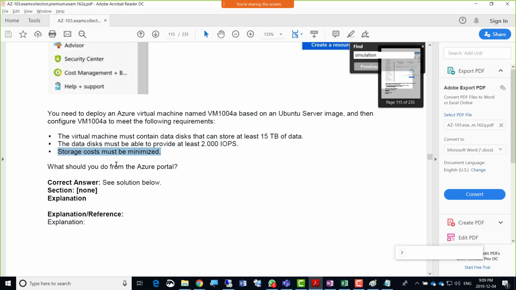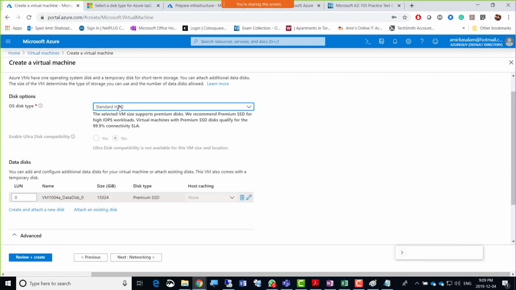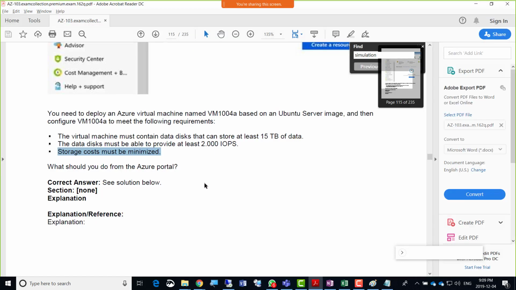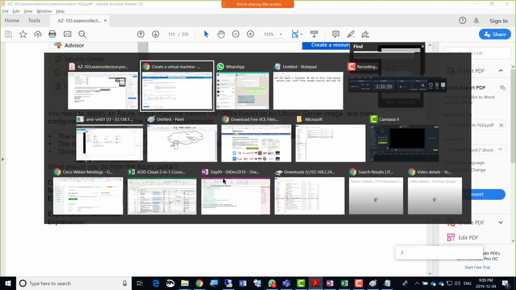Premium cannot be then this the thing, right? But even when we go to, so we understand from this that standard SSD will have 6000 IOPS, but standard HDD has 2000 IOPS, and that really is what we are looking for. They put point here, but it is 2000.